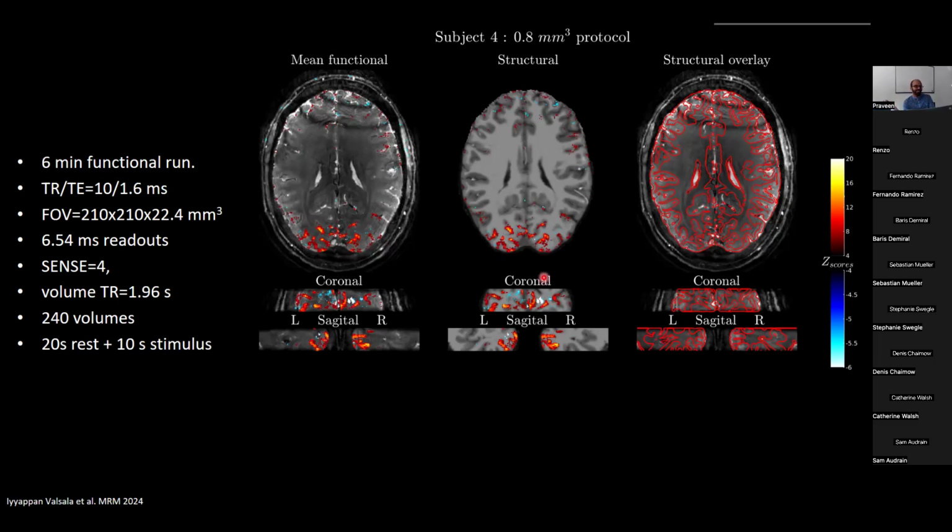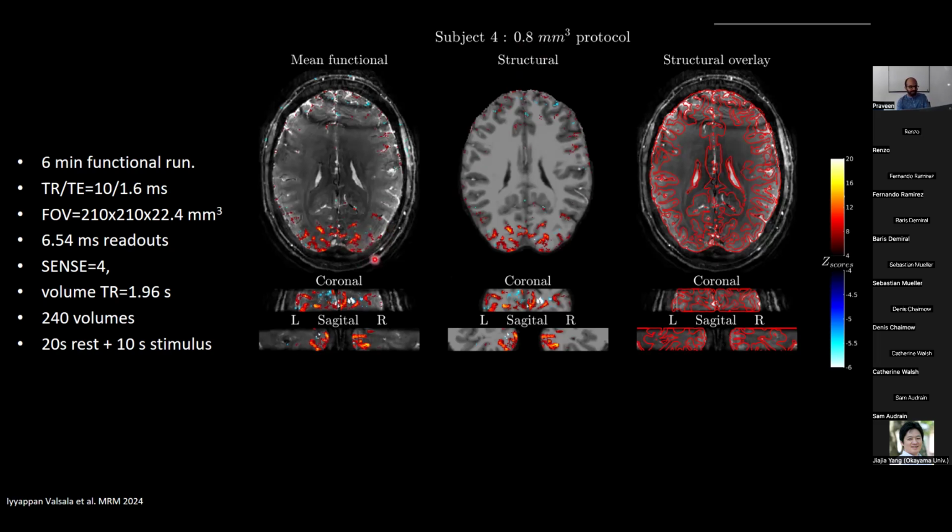I tried. First of all, it's a single run. There is a lot of low signal change. So there is roughly 3% signal change, which is half of the gradient echo, so you can't do much. So we at least try to smooth it a bit. All the results I show have a smoothing which is equal to the resolution. So the full width at half maximum is equal to the resolution to have at least some consistent activation across the